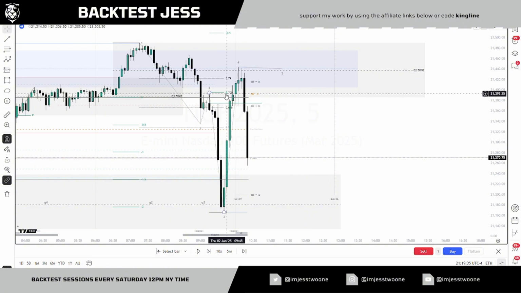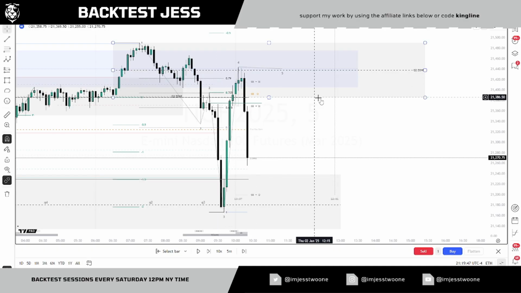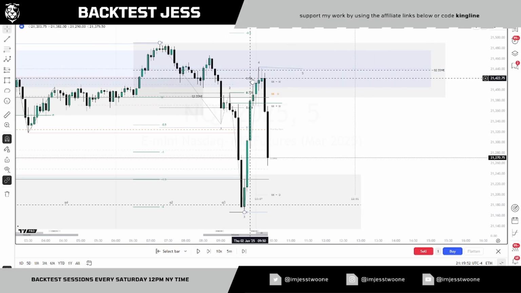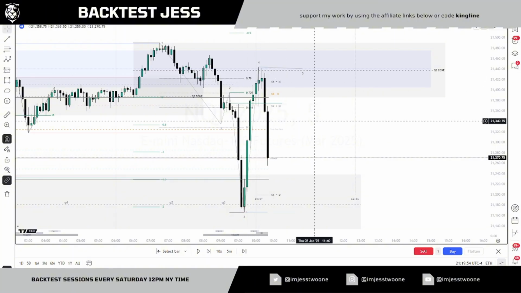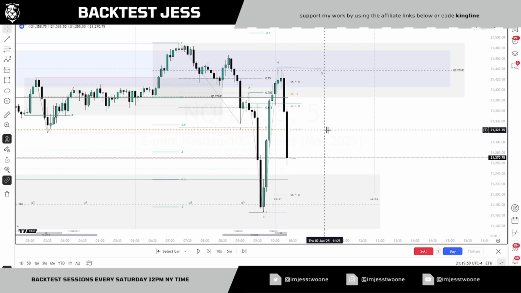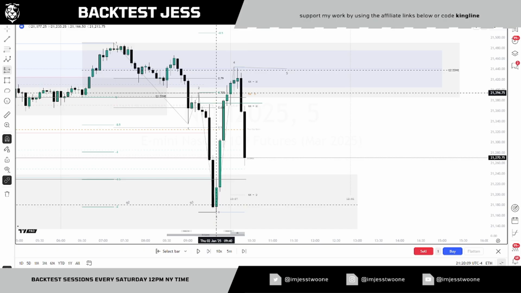So OTE, the first entry would be here, or the first entry would be here, and then we'd obviously love to get this beautiful 0.79 level, which is the level that, between Adrian and myself and Frieden, we're always trying to get this type of entry. So let's see if it goes all the way to 3 first of all. But this is where we would enter, and with this big range, let's see if it's,